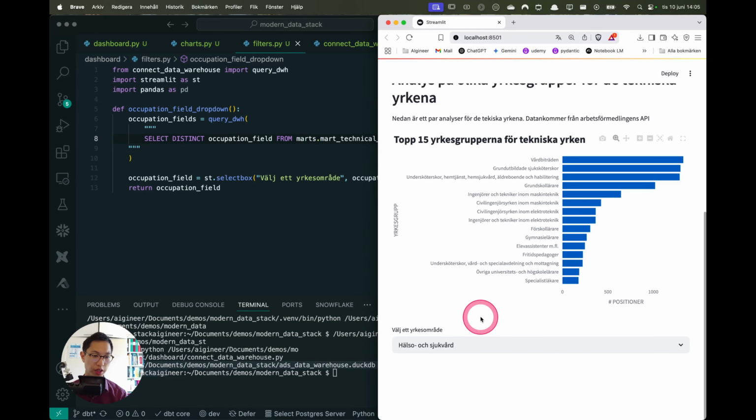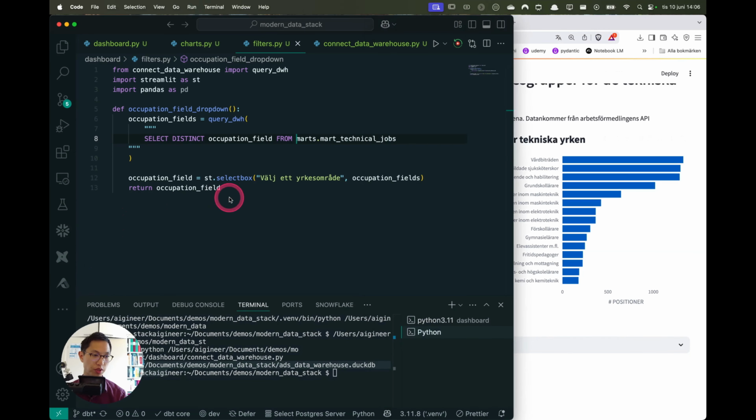So here I can pick among these 3. Nothing happens when I pick them. And that is the way it is. Filters, we have, so based on this one, we want to use the value that the user picked, right? And in order to use that one, we do this. Def